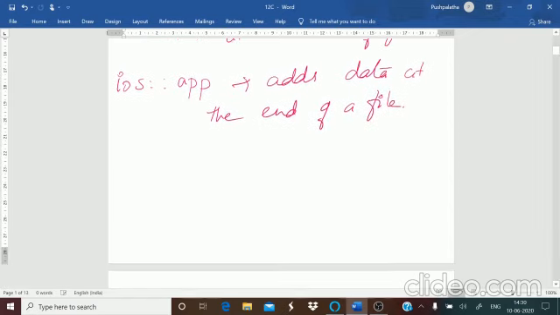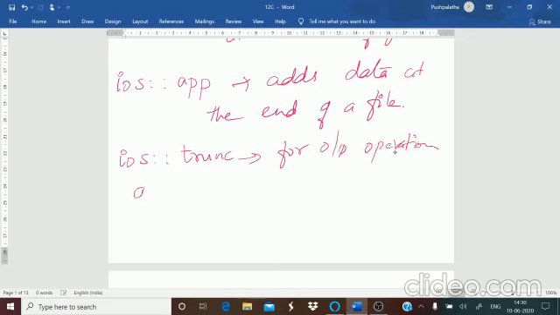Okay, and the other mode is ios::trunc. Now, if you are going to open a file for output operations, that is for writing purpose, and if it already exists and there is some data in that file, then the previous content, whatever is there, will be deleted.